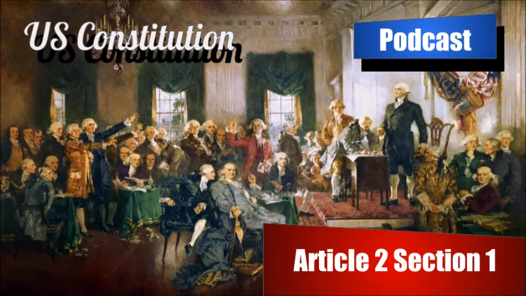The Constitution says the electors shall meet in their respective states and vote by ballot for two persons, sealed to the seat of government. The Congress will then open all the certificates, and the votes shall then be counted. The person having the greatest number of votes shall be the president. There is then a consideration for what happens if there is a tie, and the tie is broken by the House of Representatives. In every case, after the choice of the president, the person having the greatest number of votes of the electors shall be the vice president. There's a provision for what if there is a tie for that as well.